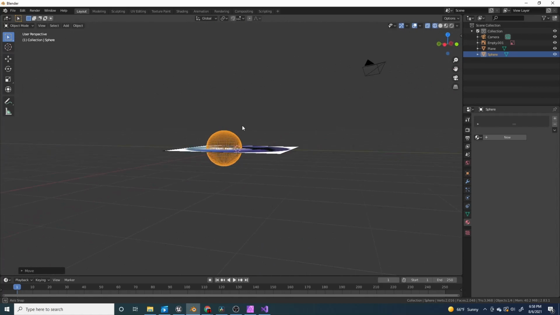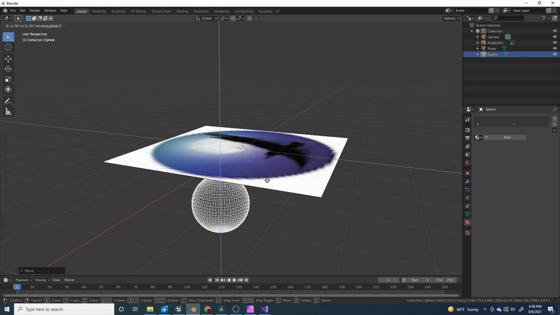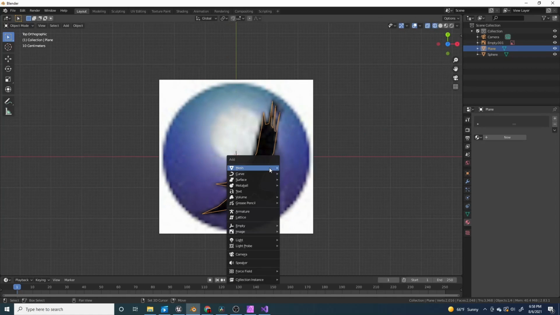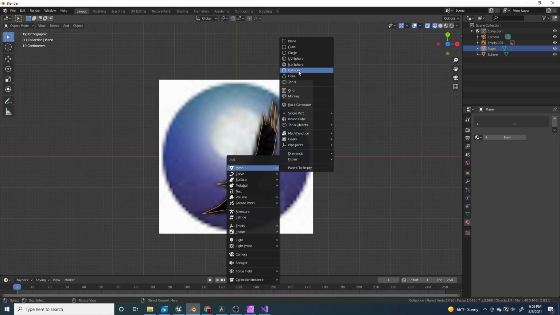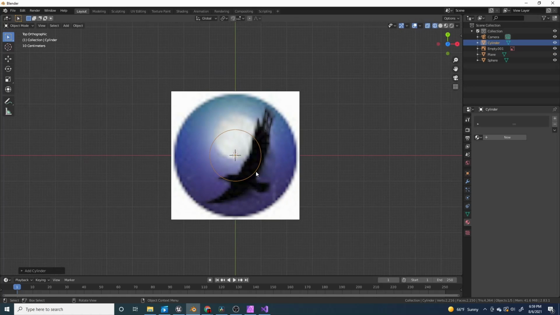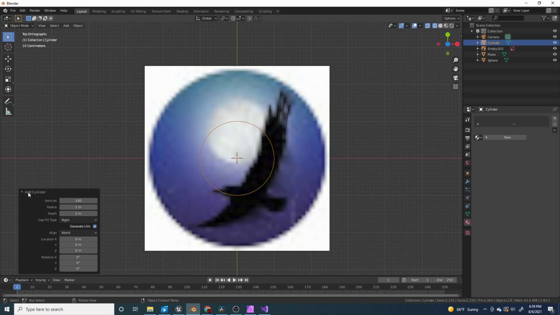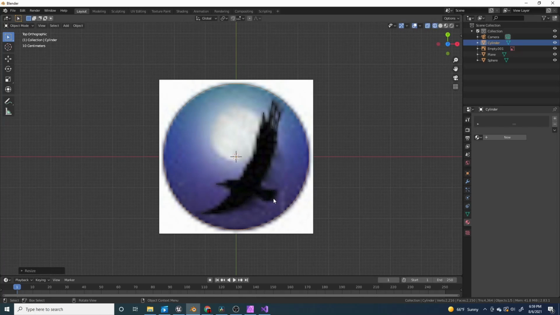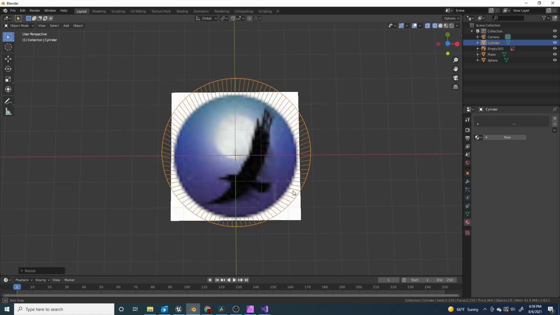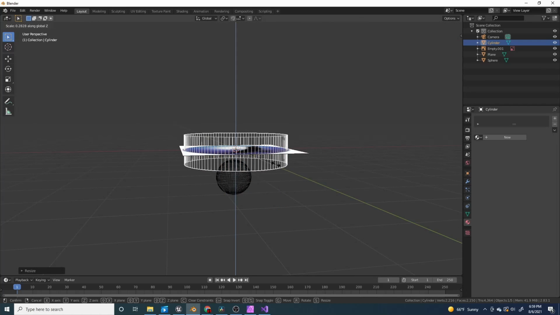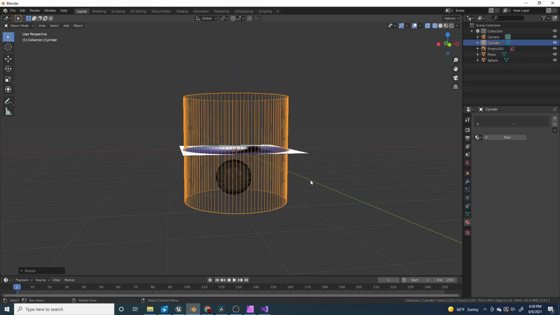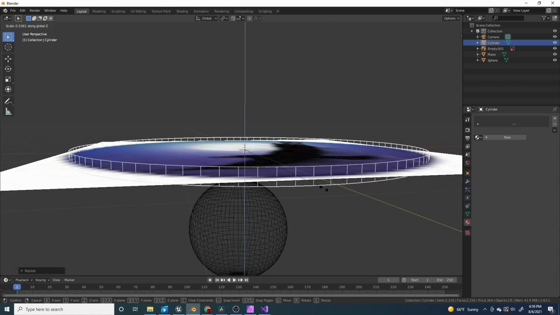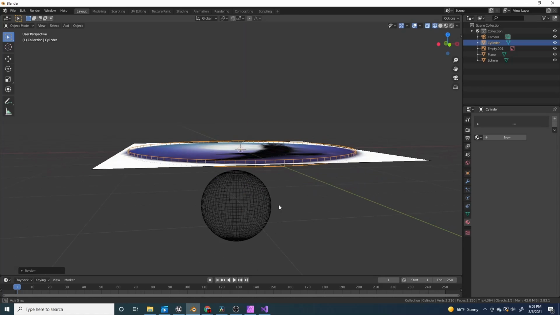Alright, I need to move it down. And also now I'm just gonna press Shift A and add in a cylinder, and I increased the vertices to 100 because I want it to be really high poly. Now I'm going to press SX, scale it, SZ, scale it on the Z axis. A bit more like that. Okay,